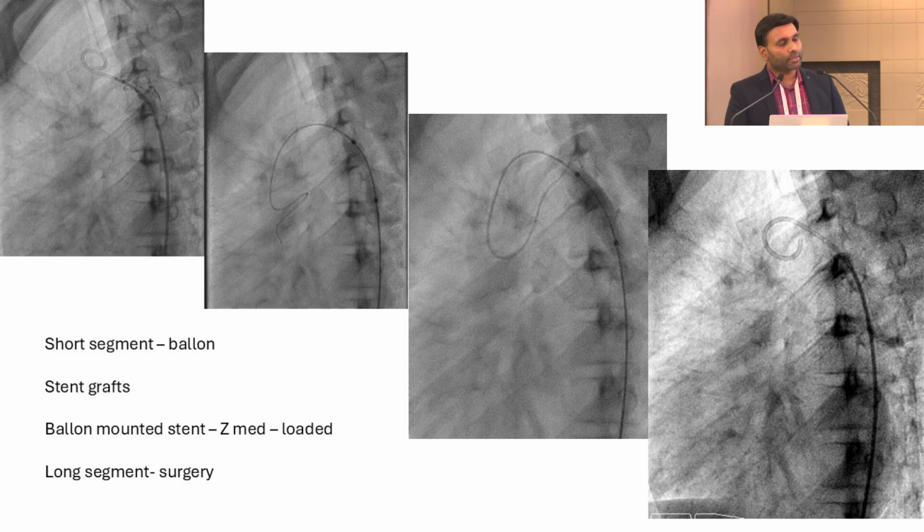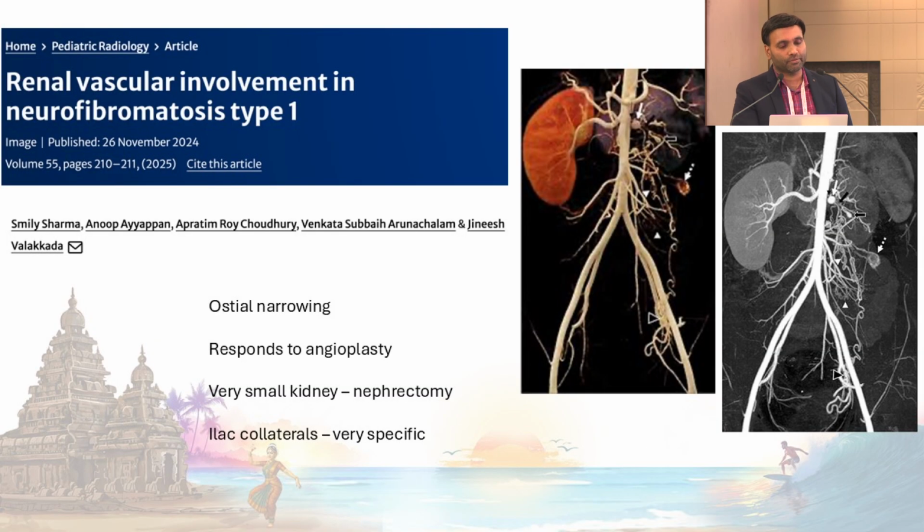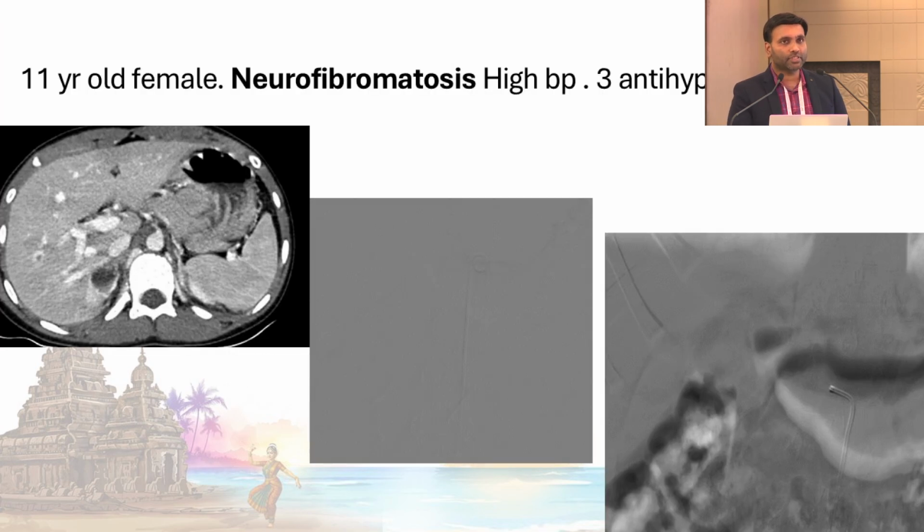But it can come in multiple flavors, like FMD with renal aneurysms. Aneurysms will shower multiple emboli in the kidney and produce infarcts. So you have to coil off these aneurysms in FMD. Or it can come as segmental FMD, where one polar branch is involved. So you may miss it on ultrasound, because if you do an ultrasound, the lower pole, renal artery, everything will be normal, and the upper pole will be involved. So it is usually missed on ultrasound. CT or DSA can show that there is an upper pole involvement, you could do angioplasty